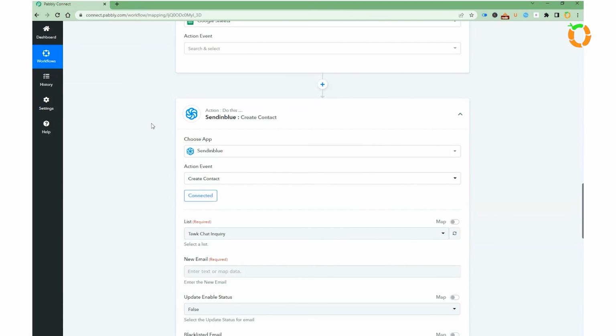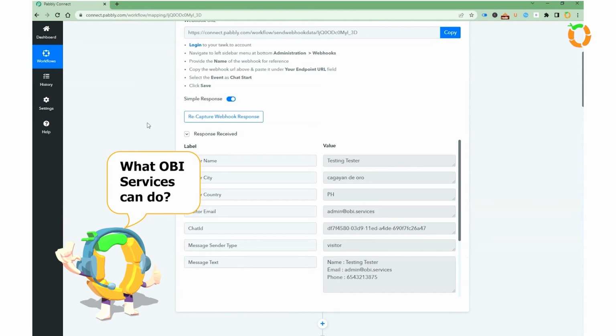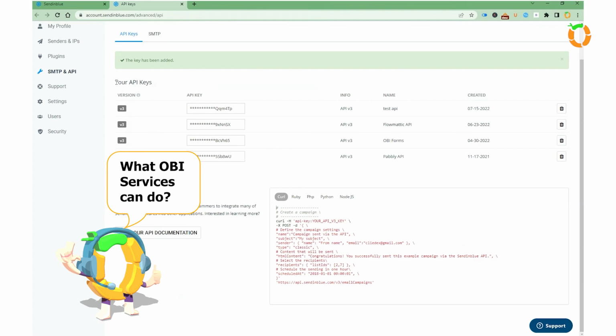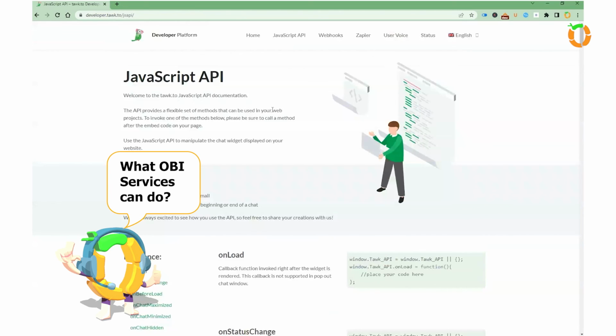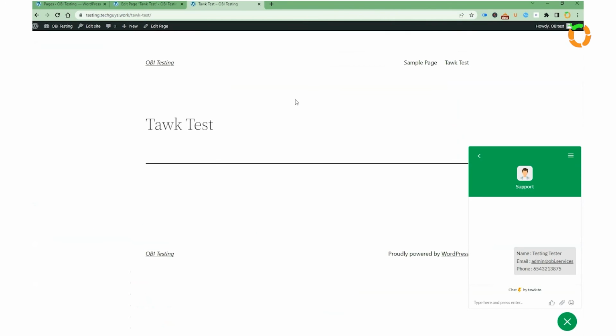Now, another cool thing about what OBI services can do is that, using their JavaScript, our team can, for example, on your WordPress site, where you have clients that are already logged in, if you use WordPress for your contacts, and they're already logged in, and you want the chat widget inside the portal, then we can do some sort of coding where you can grab the information of